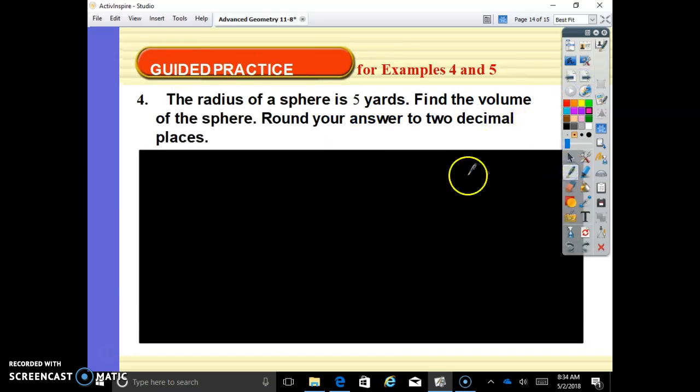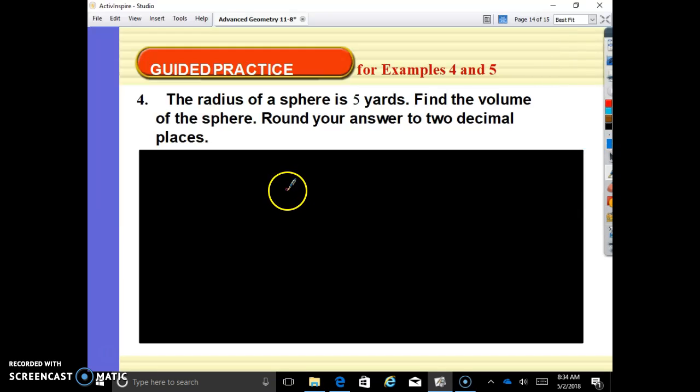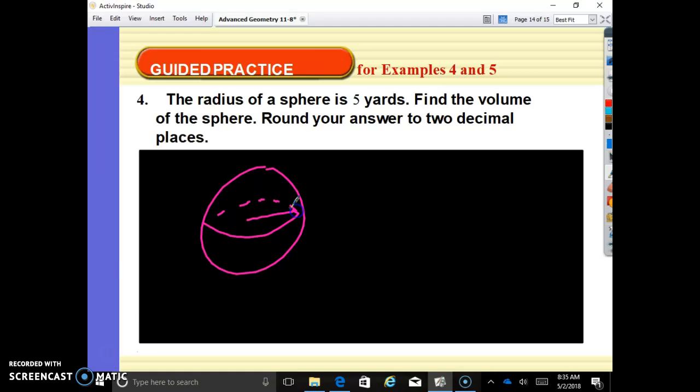The radius of a sphere is 5 yards. So we have a sphere, and our radius is 5 yards. And we want to know the volume of the sphere, 4/3 pi r cubed. So that r is 5. 5 cubed